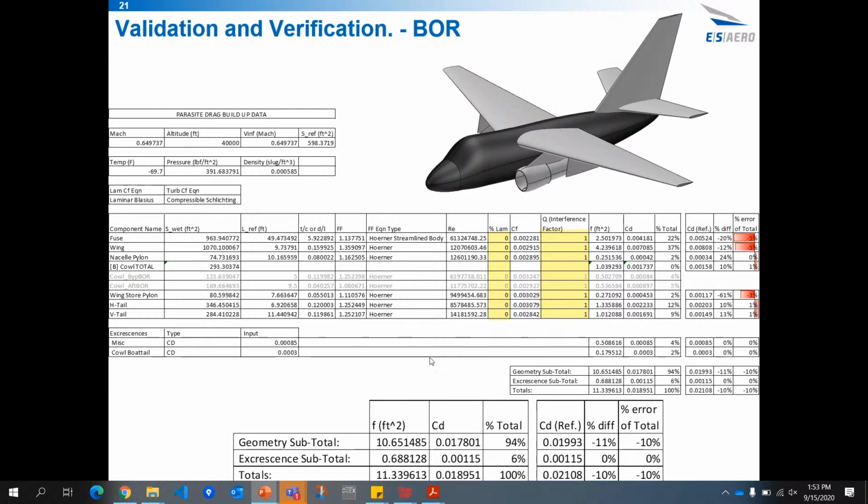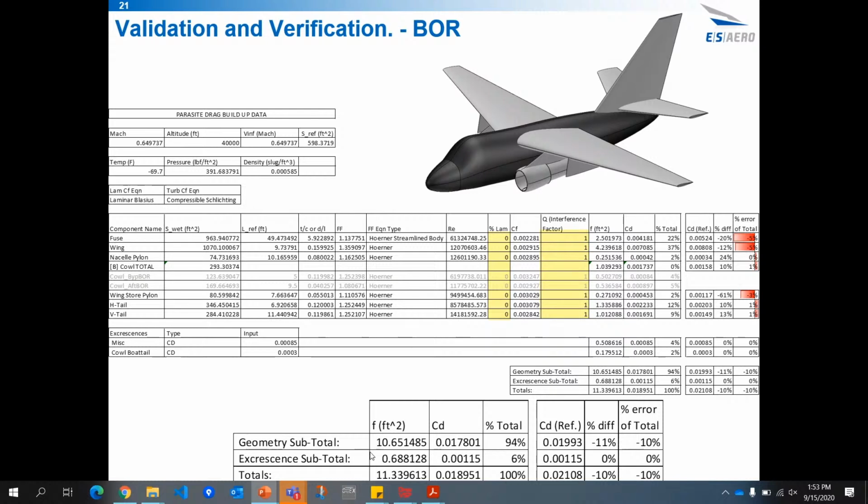But this is basically what you get out of the parasite drag tool in terms of just opening up the export in Excel. And then I also added here on the right the reference CD components from the report,